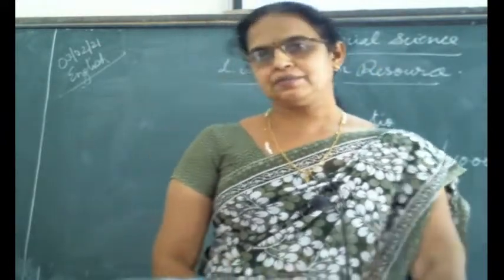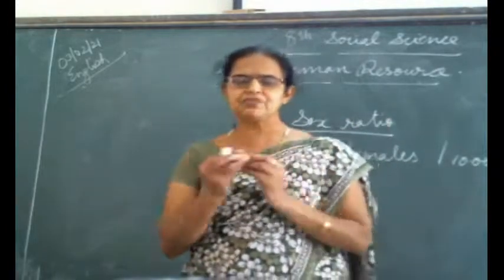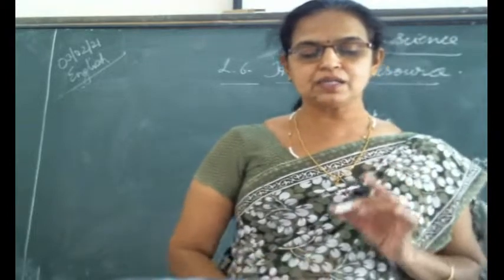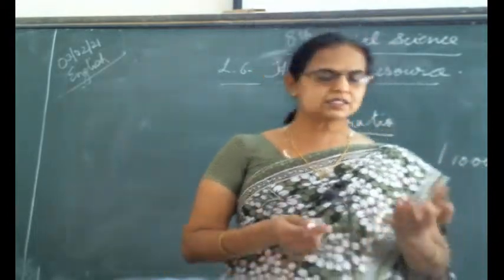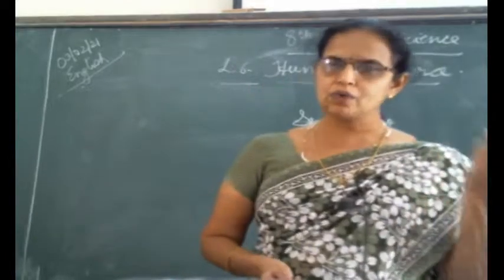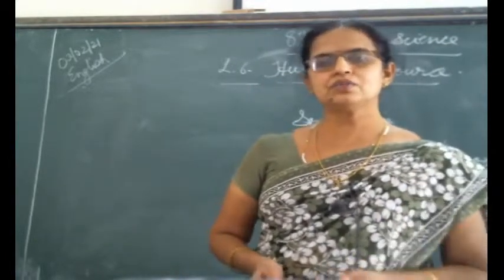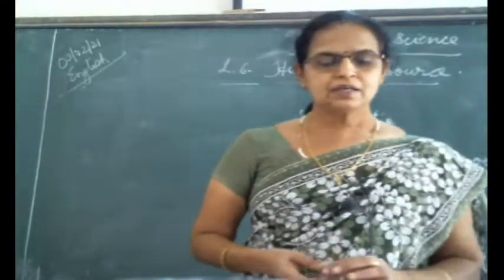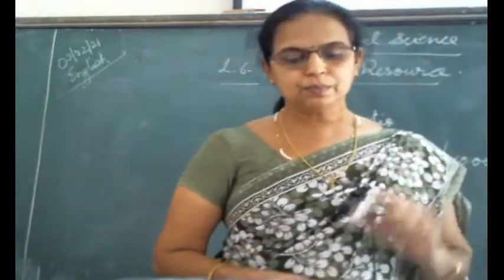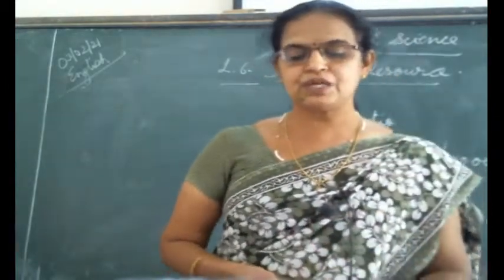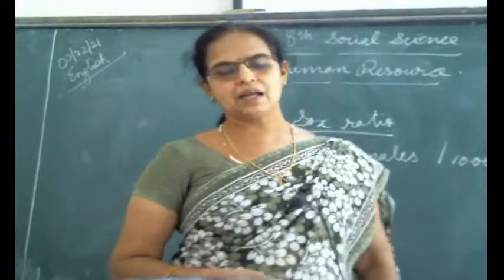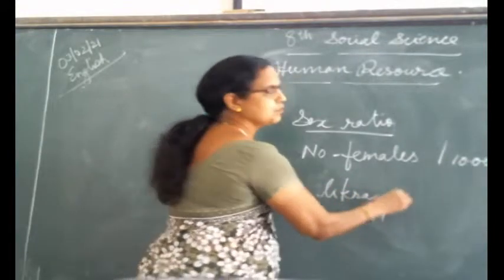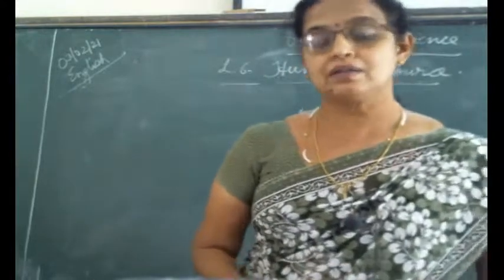Next page, literacy. Already we have seen that all these are special definitions and terms only. Literacy: the development of any country depends on the literacy rate of the country. Underline. We have seen that the development of any country depends on the quality of human resource, skilled human resource, education. But education means literacy, the basic thing, that is literacy only. Literacy is the important criterion to measure the standard of living of the population and its social development. Underline that also. Literacy is the main thing to consider. Otherwise, how do you measure the standard of living?